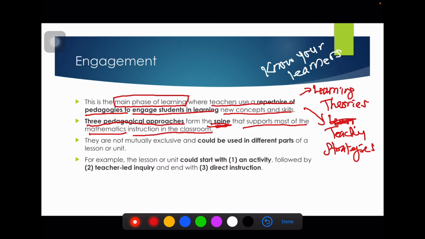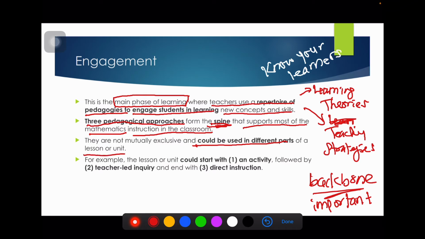Spine here means backbone, which means very, very important. Backbone, important. Alright, so they are not mutually exclusive and could be used in different parts of a lesson or